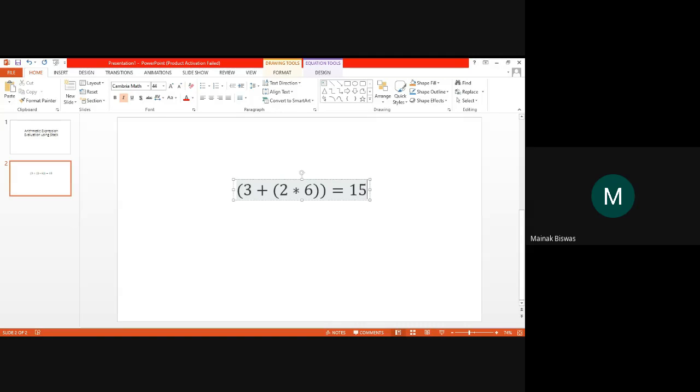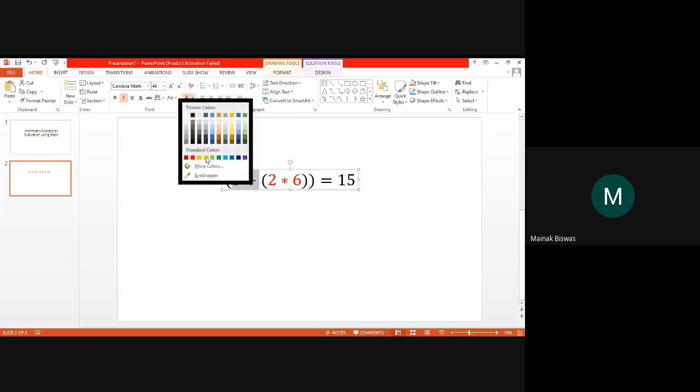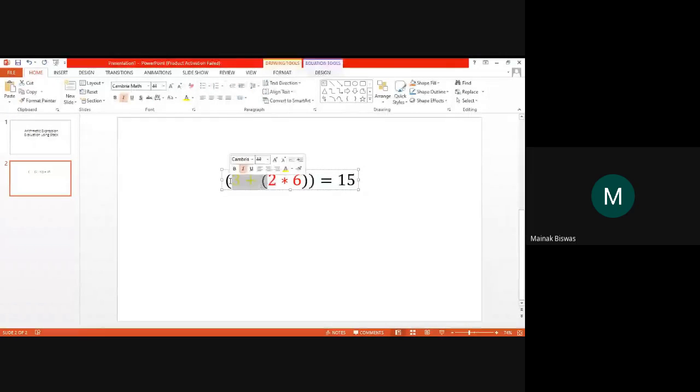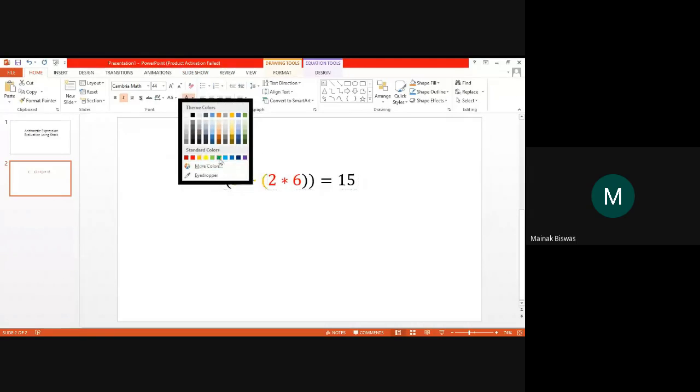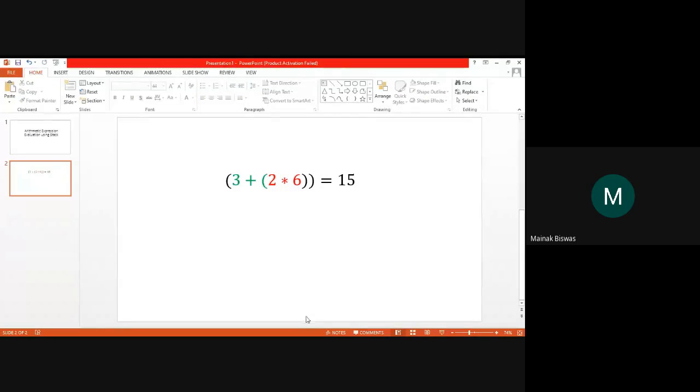And what about these operations? So this is one of your operations, that is 3 plus 2 into 6, 15. So what did we do first? First we multiplied this one, then we added this one to this one. That is how the computation is done. Let's put a darker color for you to understand. Okay, that is how this operation was performed. So multiplication operation has a greater precedence than addition operation.